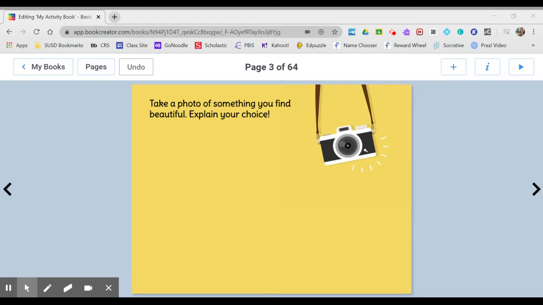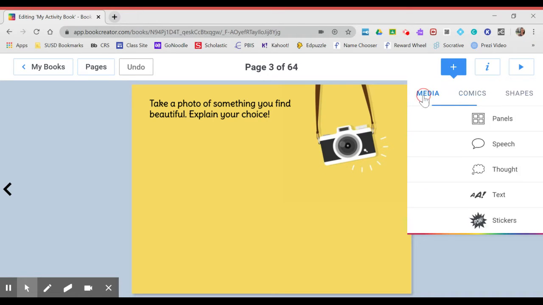Friends, as you go through your memory book, you'll notice that there's a ton of different options to choose from. For instance, the first little page is talking about taking a photo of something you find beautiful and explaining your choice. So once you've taken your picture of whether it's maybe a picture of your mom that you find beautiful or the mountains or whatever it is, to add your photo, you just hit this plus button, go to media,